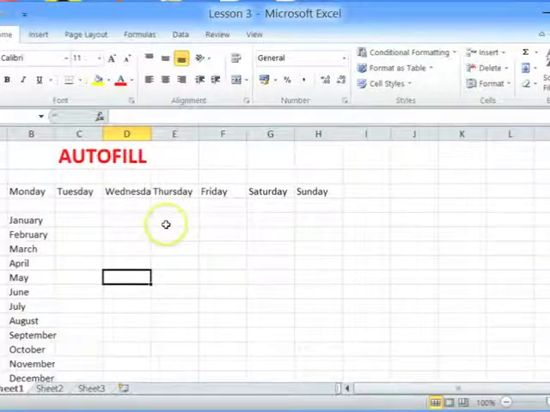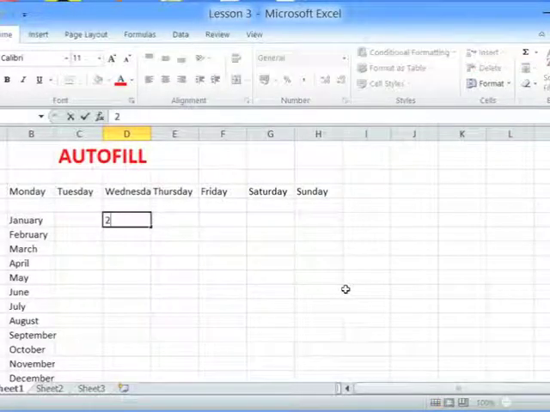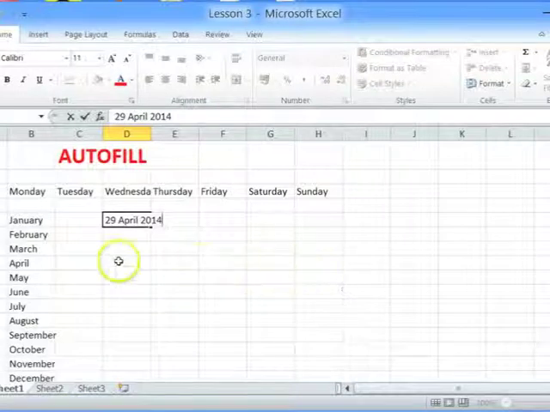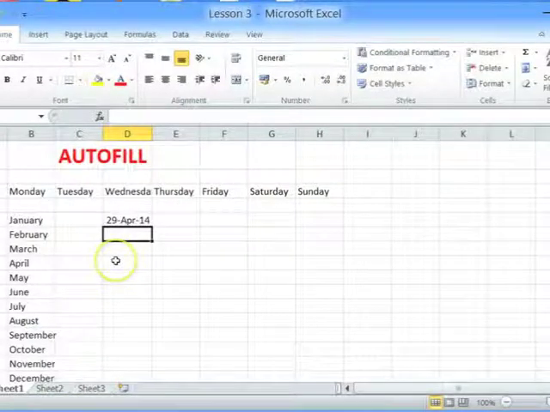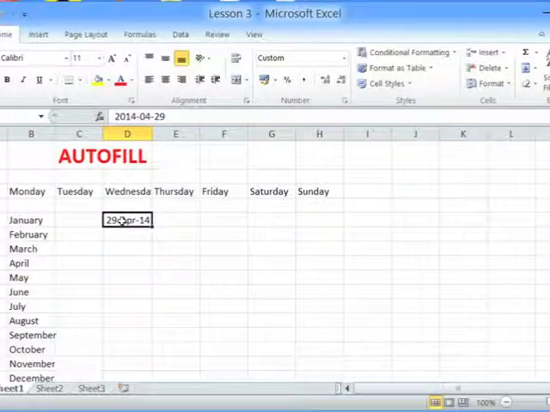Another example is when it comes to dates. Suppose I want to type a date like 29th April 2014. I press the enter key. It automatically changes the way the cell looks or the date looks. I go back to the cell,